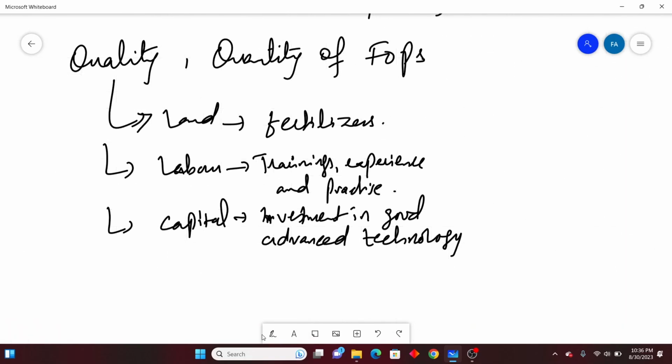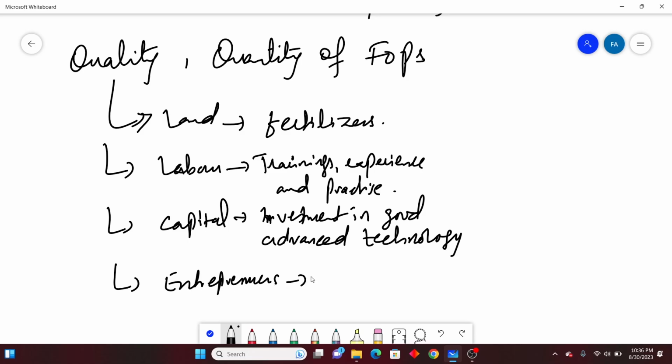And the last thing is entrepreneur is important. Can the quality of entrepreneurs increase? Yes, they can be increased by conferences, seminars where they explain how the businesses could be run in a better manner. So if we talk about the quantity,